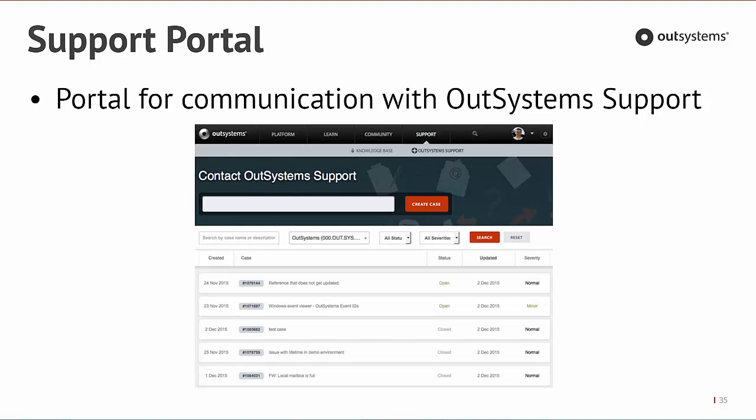So if you are part of a certain infrastructure, you'll be able to see all cases for that infrastructure. On each issue, it is possible to see all the communications between who submitted it and the OutSystems support, so you'll be informed of what's going on. And this wraps up our licensing